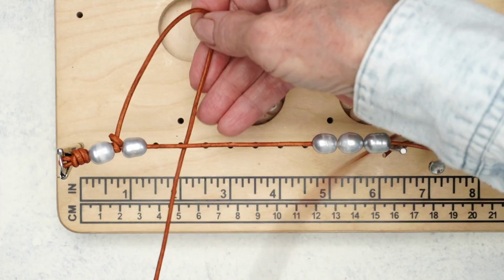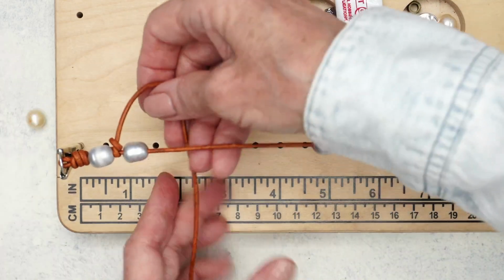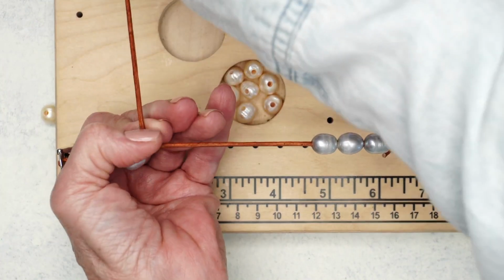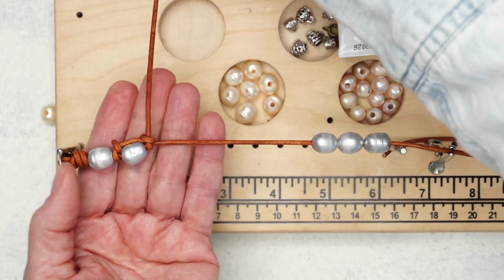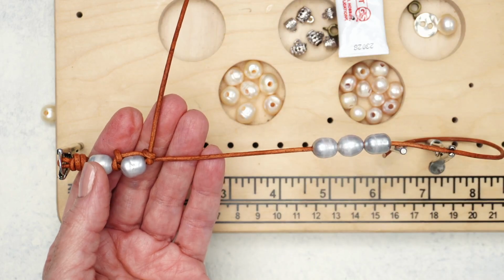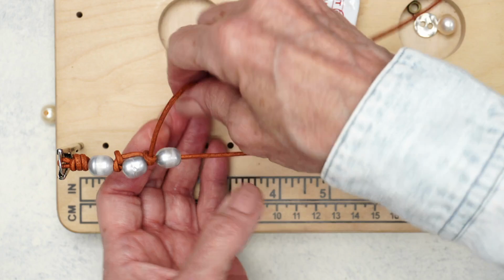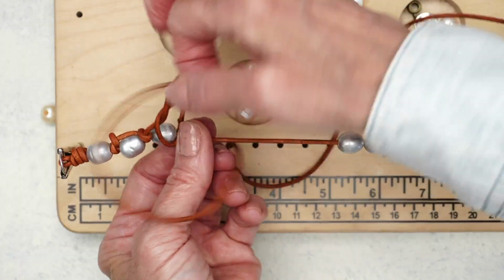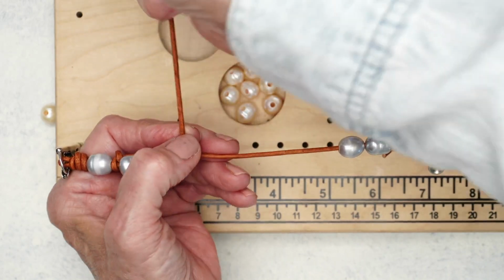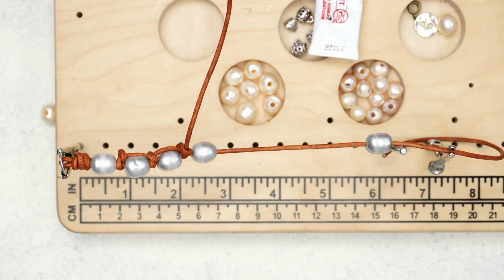So anyway, what you do is you come over and you make another P just like that. I'd been using my fingers, but it just depends, because I know there was one that I made where having the pearl was better. One other thing that's really important is to make sure, and this happened because I grabbed a spool of leather,